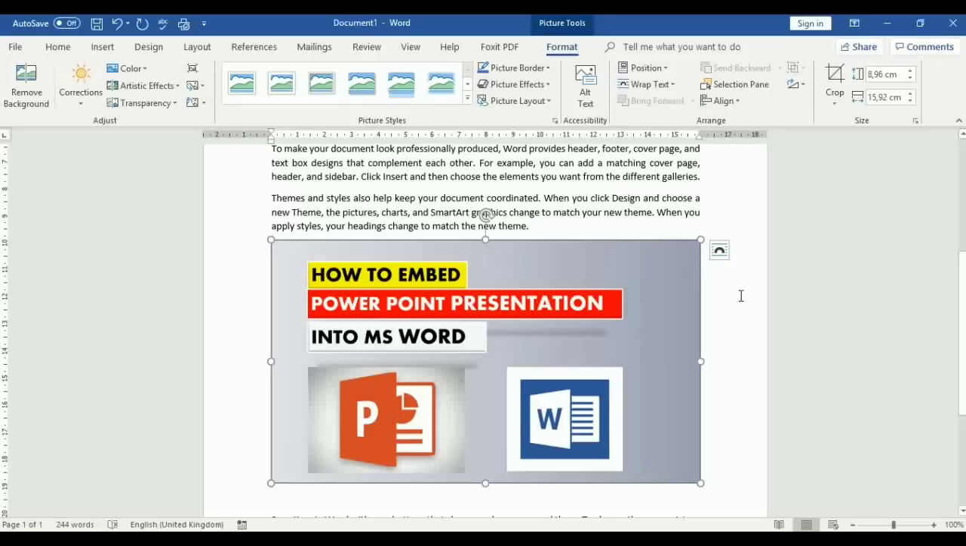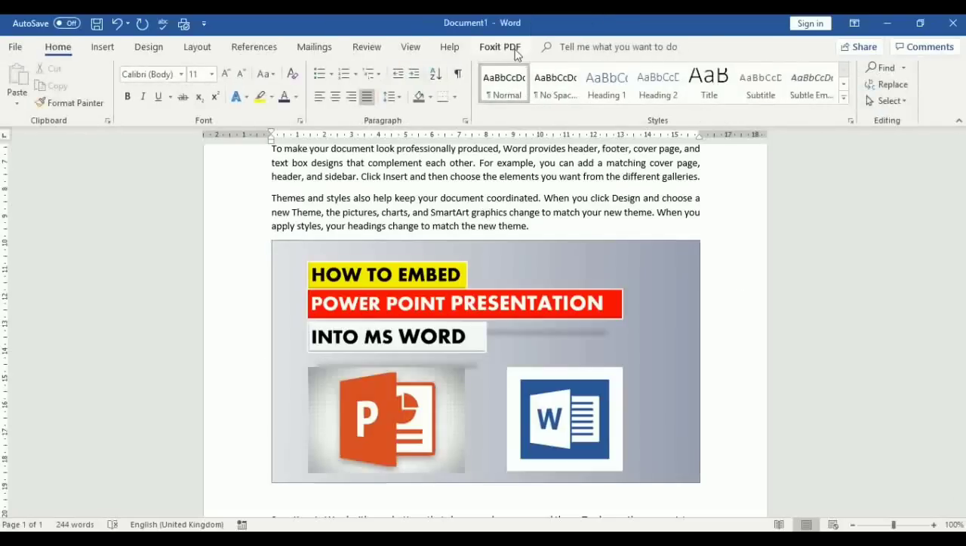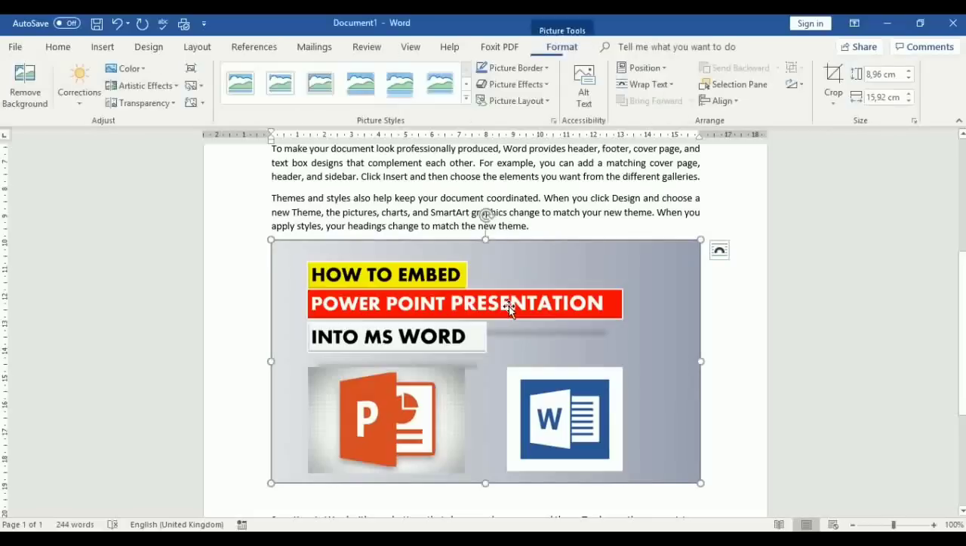If I click by the side of this document here, look up here, there is no Format tab. But if I want to format this picture, I need to click on it to enable the Format tab. So this Format tab allows me to actually format my picture. Alright, so I can decide to format this picture. If I go to Picture Style over here,